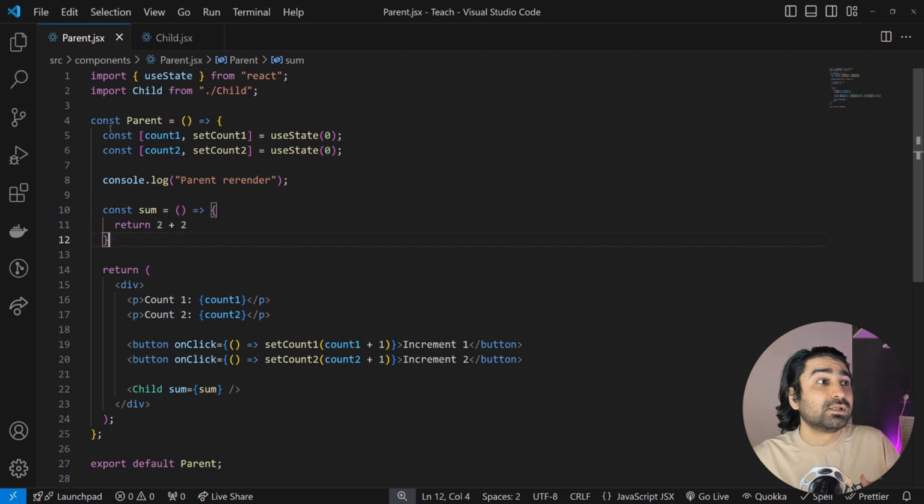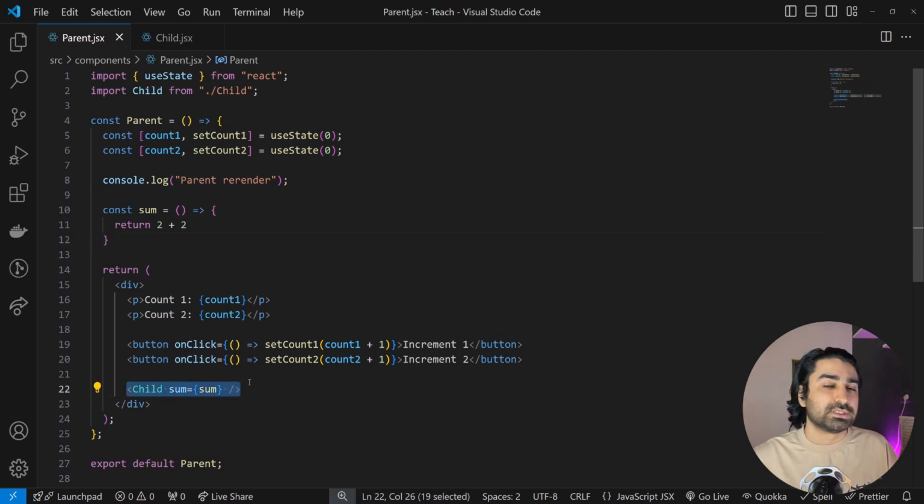But because we are changing something here and this component re-renders, it's going to create a new instance of this function, and the new function has a new address, so the child component needs a re-render. But we don't need this re-render, and we can cache this function because nothing is changing in it. We can cache it with useCallback, and read it from the cache for the next renders